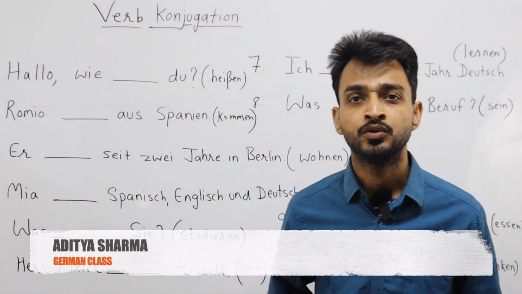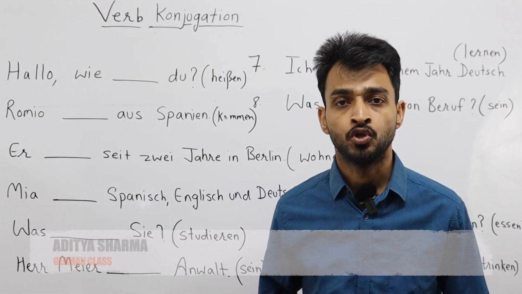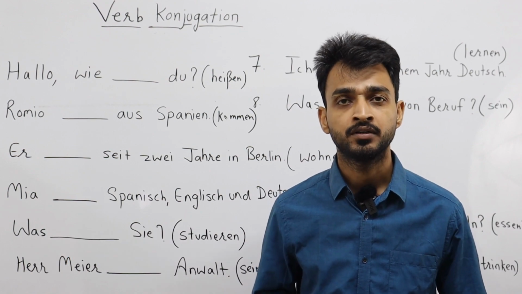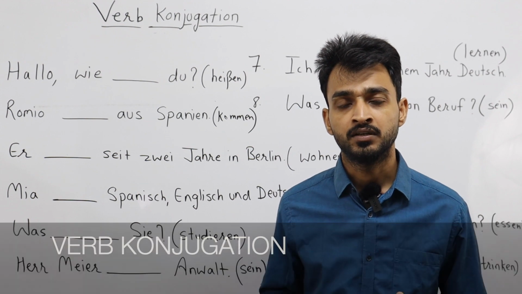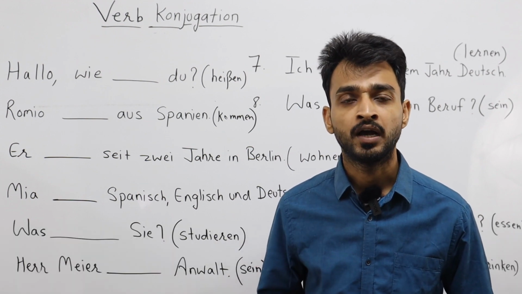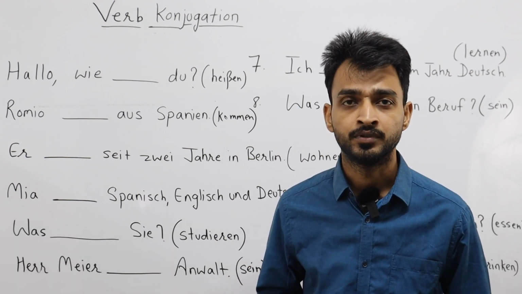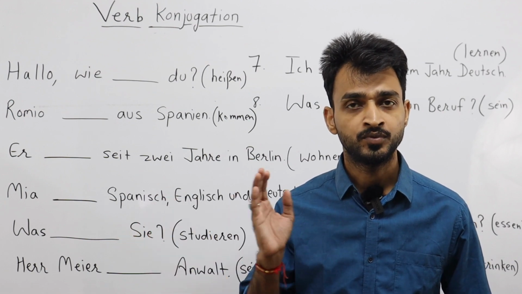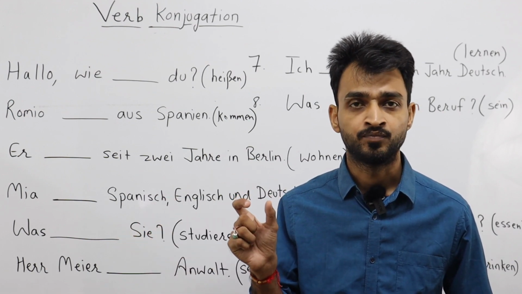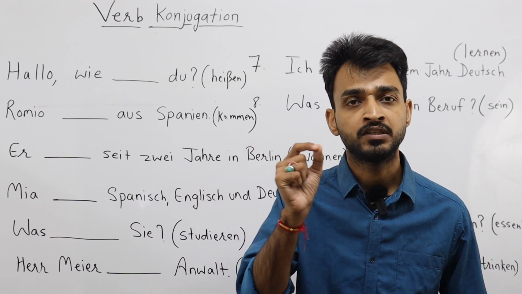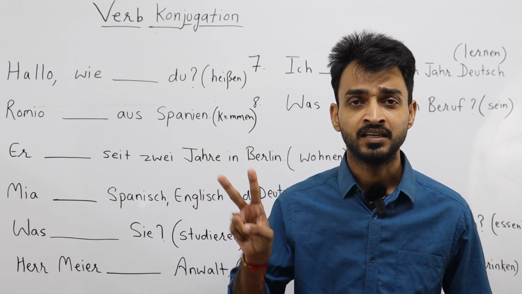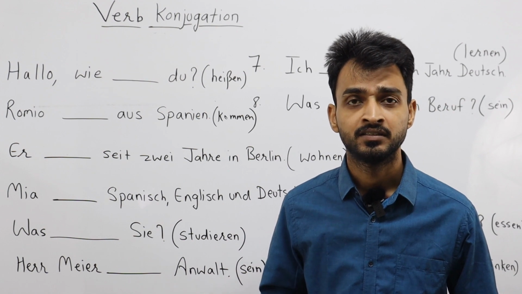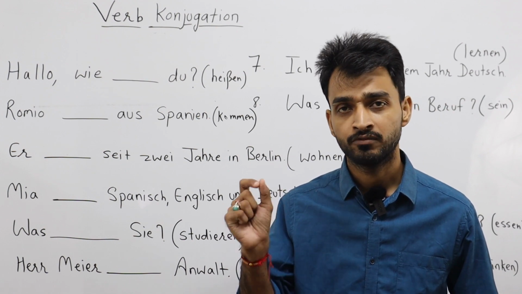In today's video, we learn verb conjugation. Verb conjugation is very important. We use verb conjugation in order to make a sentence. A sentence is correct if you have written the correct verb with the correct subject. Subject and verb, it's a relation. We conjugate the verb always with the subject. And take care, verb position is always second in an affirmative sentence. The verb is written with a small alphabet.